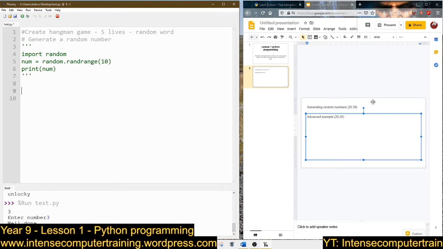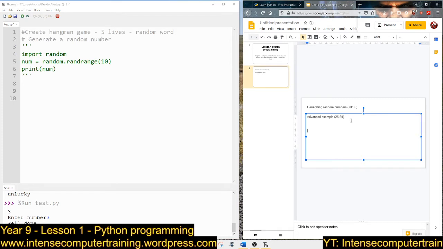Right. So the next bit in my thing is, we're going to think about what we're doing now. So we've generated a random number. Now then, I think the next thing we should learn is lists. Now lists are really, really important in Python, and there was what I'd consider an advanced topic for a lot of people, because there's a lot of things you've got to know about them, and there's a lot of ways you can make lists. Now this is going to be the last part of this video I'm going to make,